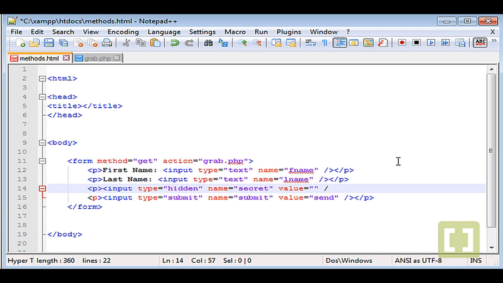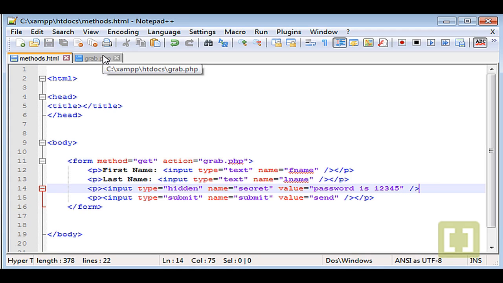Now the value is what we're going to grab from the script. The value here, it's something that you want to pass and you don't want anyone to see this. So you can type, for example, any sensitive data here, like for example, password is 1 2 3 4 5